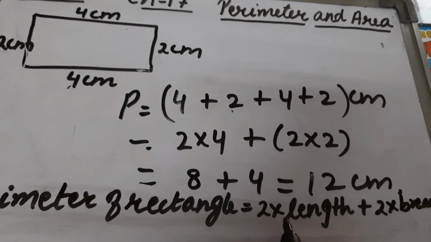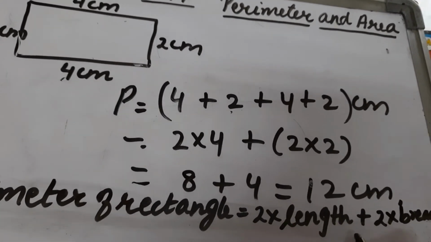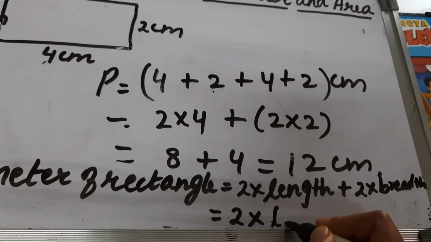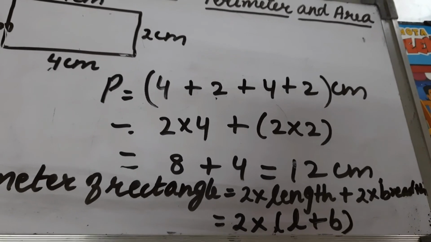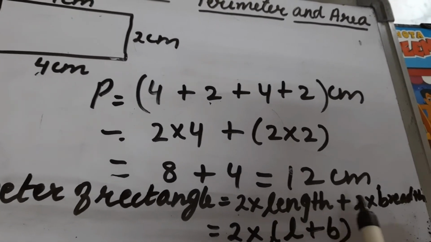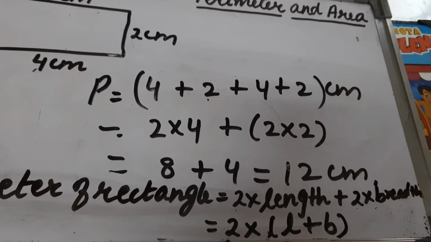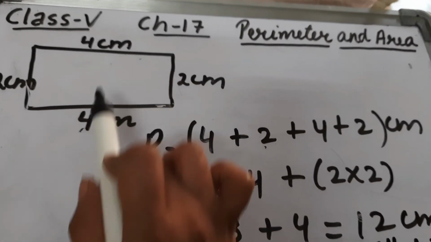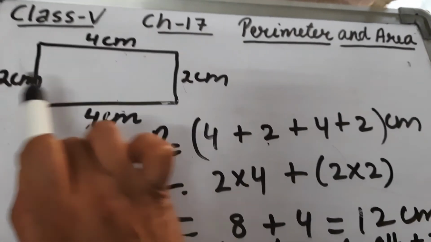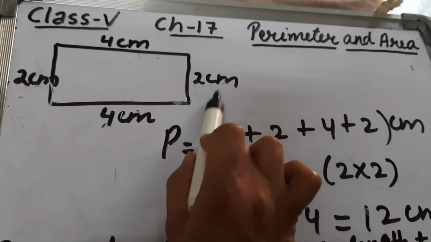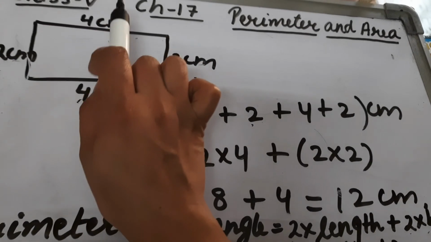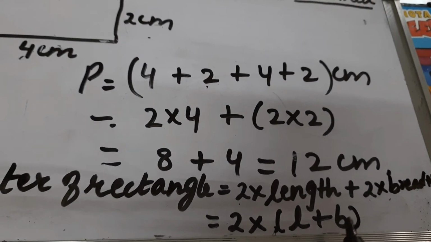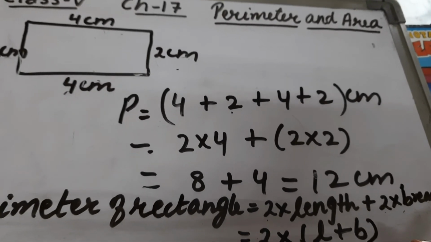Okay, perimeter of rectangle will be 2 multiplied by length plus 2 multiplied by breadth, or you can write it as 2 multiplied by length plus breadth. Okay, because 2 is in this also and 2 is in this also, we can take 2 common and length plus breadth. How did it come? See, this is length, this is also length. Length is 2 times, breadth is also 2 times. Okay, so what will be the perimeter of rectangle? 2 times length and 2 times breadth, which is 2 multiplied by length plus breadth. So this is perimeter of rectangle.